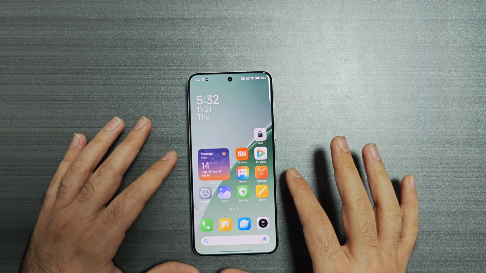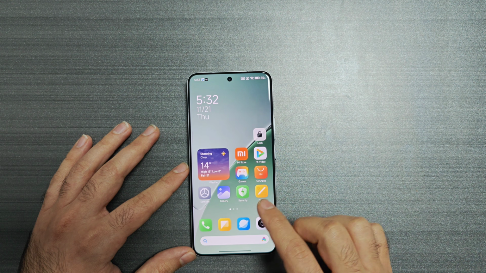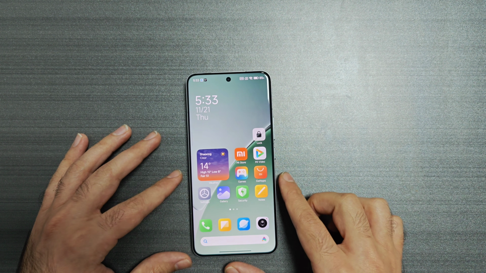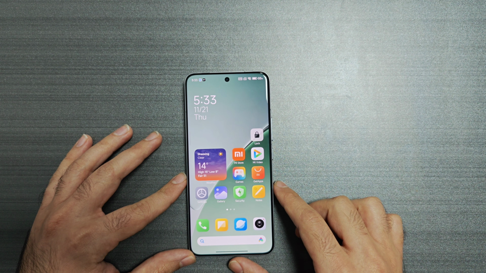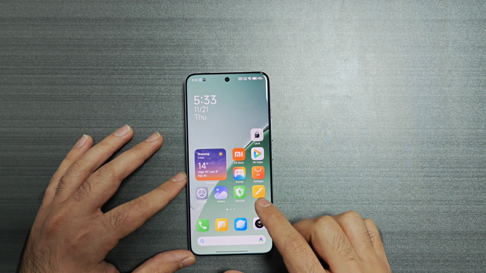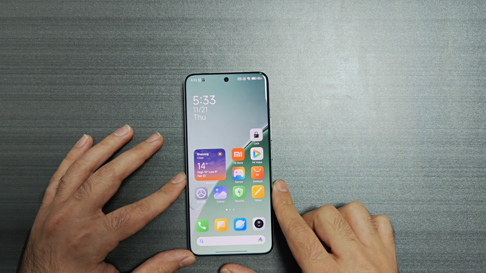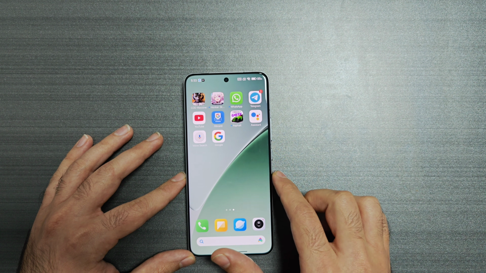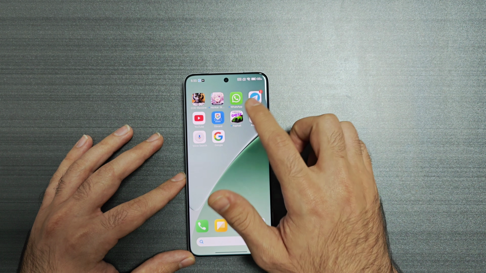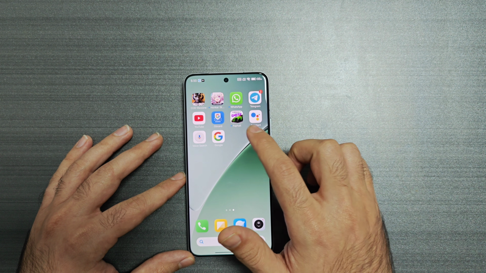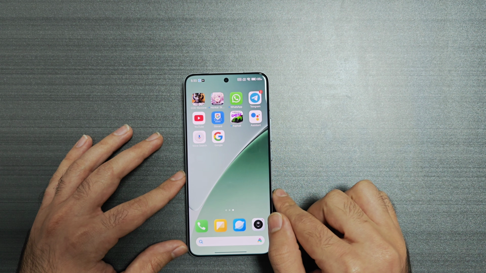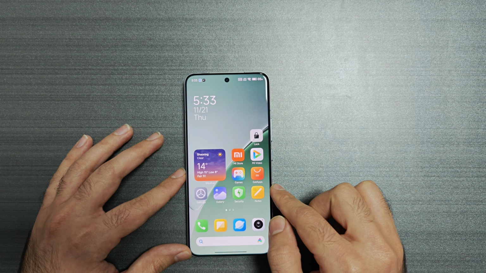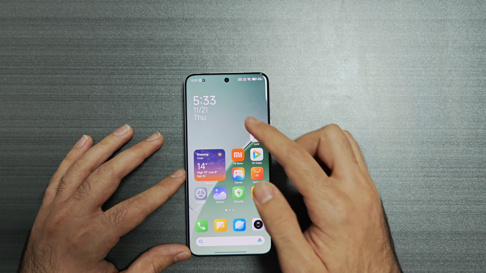But all in all, to sum it all up, in terms of using this phone globally and outside of China, and in a general sense, using this phone with your global apps and services, you will not be disappointed. This phone is definitely usable outside of China. I already showed you the Google apps and everything, and it's definitely 100% compatible with your global apps. You can get your notifications on time. You can get them on your AOD even, and you can even use your Chinese apps with your VPN on,